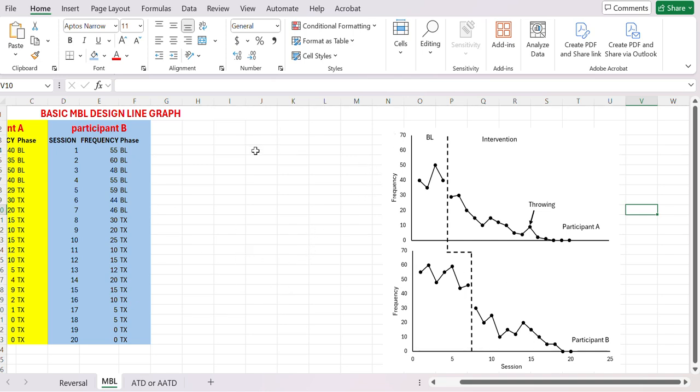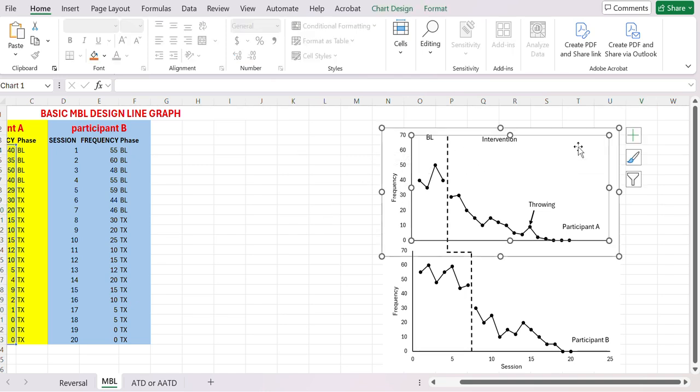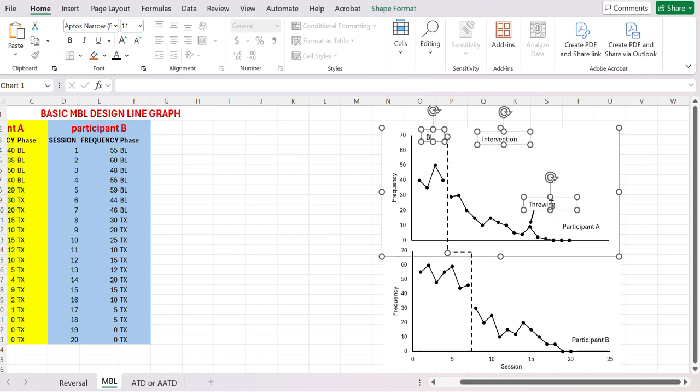Okay, and then the last thing you'll want to remember is if you're pasting this into a Word document, that all your text boxes are separate elements. They're not embedded within the graph, so you need to select everything. So the way that you do that is you select the graph first, click Shift, and then click into all your text boxes, all your add-ons, all your arrows, your phase lines. I'm just clicking on everything so that it's all selected. That looks like everything. So now I'm going to right click and copy